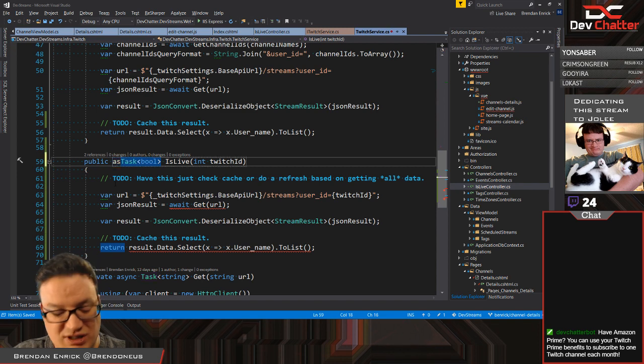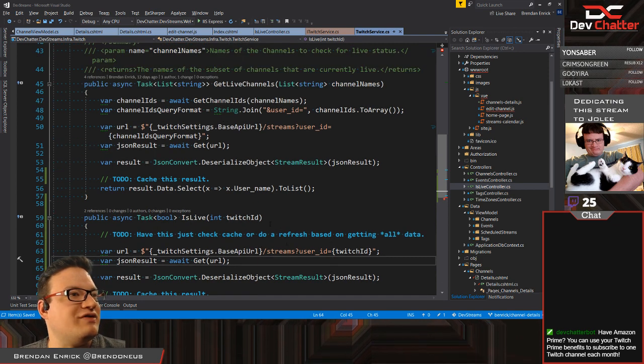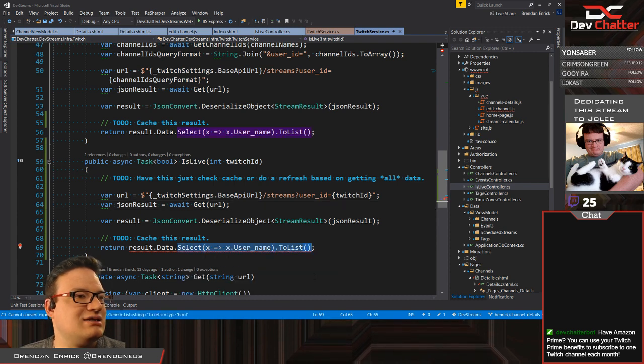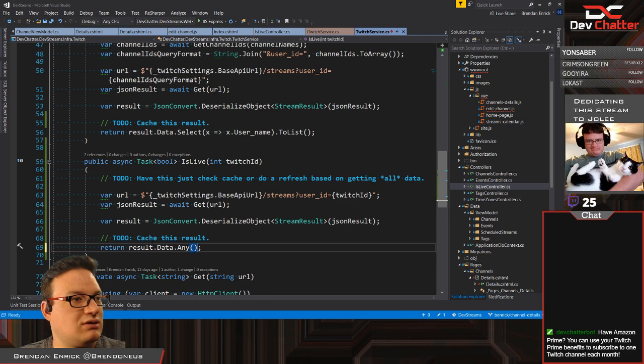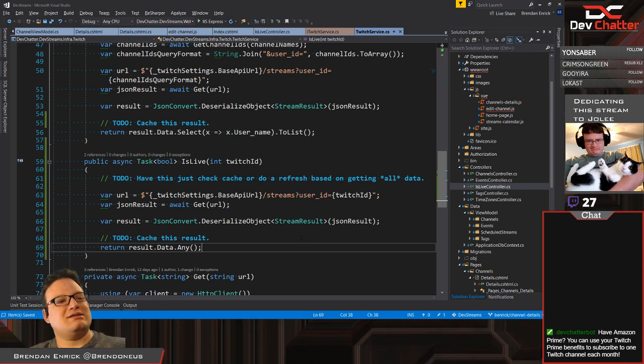This needs to be async, in order for that to work, I can't call the await if I'm not async. And then this result needs to be just a Boolean, which means we need to be getting back just one instead of the list of all of them. So I guess in this case we would see if there's any. Return data dot any. Yeah, I think that's what we want to call on that.